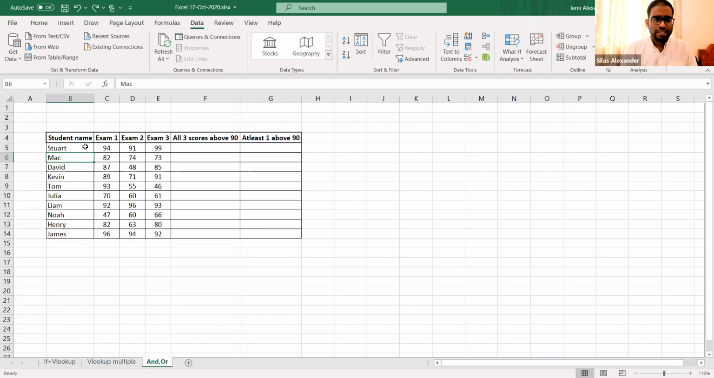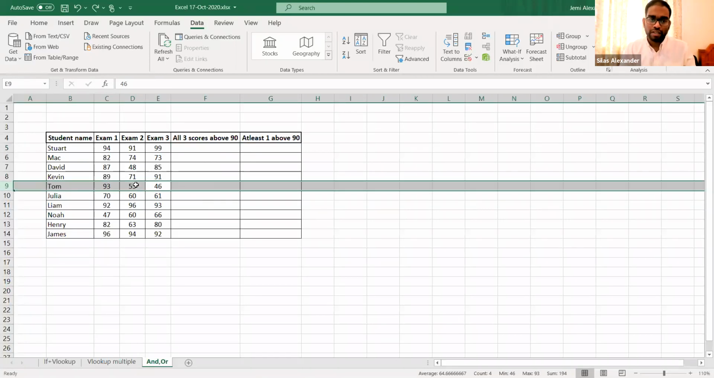You can see the student name is there, exam 1, exam 2, exam 3. And you can see there is a column here which is titled all 3 scores above 90 and another column here which says at least 1 above 90. Now, of course, if the data is only this much, you can just visually look at it and write yes or no. So if it's above 90, you can put a yes here. You can put a yes here too. Here it would be for Tom, if you look at the score, here it would be a no because all three are not above 90, but it would be here a yes because at least one is above 90. So let us